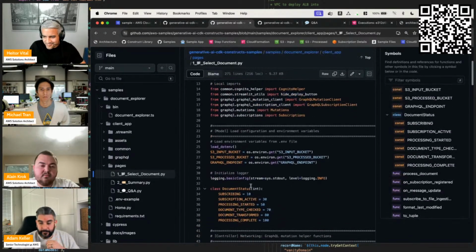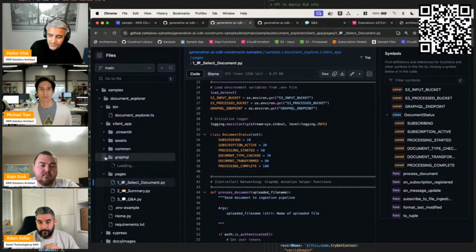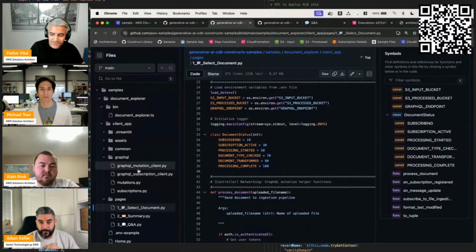So just scan the code and get an idea of how to send requests for GraphQL and how to subscribe to events, because we have real-time data consumption here. Most of those things are abstracted by the libraries that we provide as part of the client app. So it's an end-to-end solution where you can see the construct in a simulated scenario.